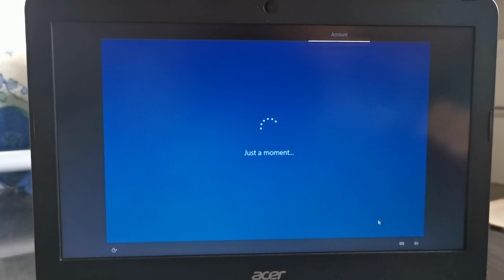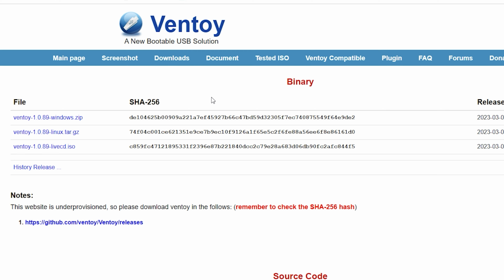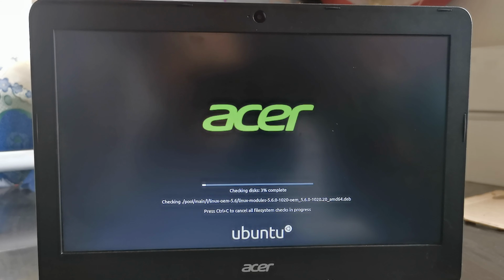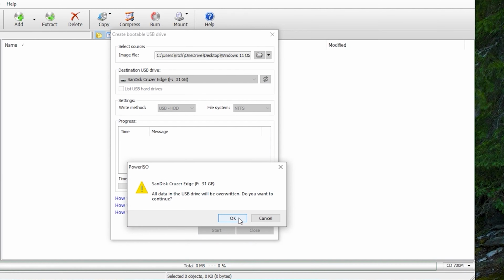Creating a bootable drive is never a challenging task, thanks to Ventoy, a new bootable USB solution. It is an open-source tool to create a bootable USB drive for ISO. You don't need to format the disk over and over, you just need to copy the ISO files and boot